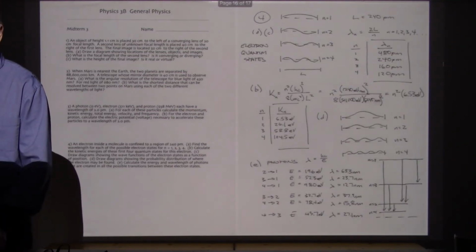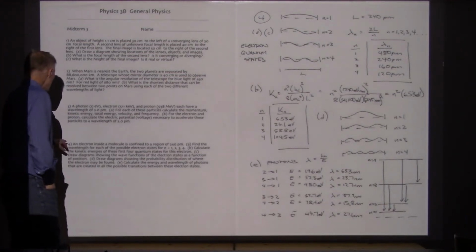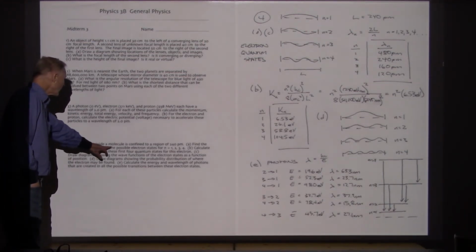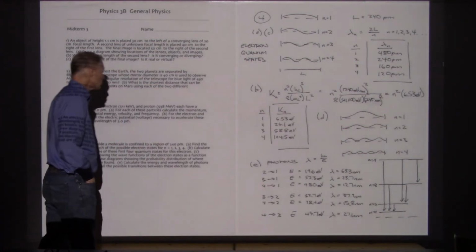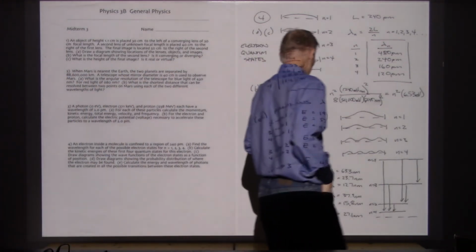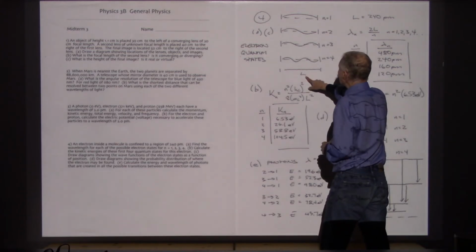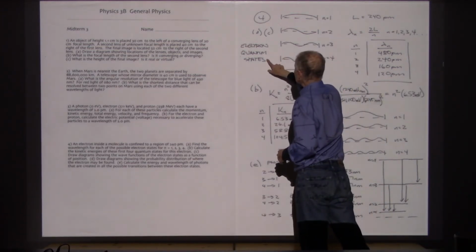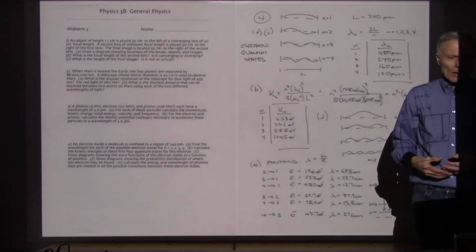Let's take a look at that last problem. We'll wrap things up here. The last problem is saying that there's an electron in a molecule, and it's being confined to a region of 240 picometers. So what this example is looking at, for an electron confined to a certain region, what would be the electron quantum states? Now this is what in the textbook we call